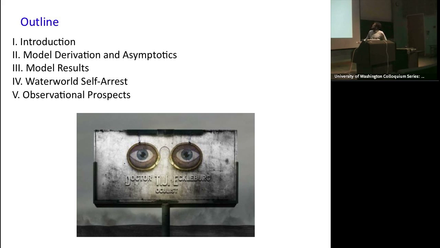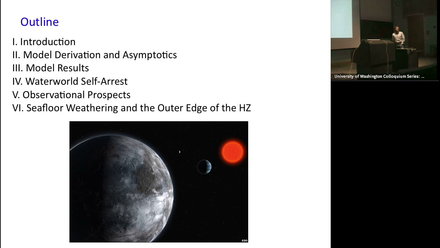This section, observational prospects, probably I'm going to have to skip, given that it has to be a short seminar. And then just some more general issues about seafloor weathering, the outer edge of the habitable zone. I'll introduce this term seafloor weathering in a second. This last section, so everything up here that I'm going to tell you, I'm not going to show any sensitivity tests, but this is all stuff that is very robust to changes in model parameters. This last section is parts that are not so robust, and the non-robust aspects of them is actually what's interesting.